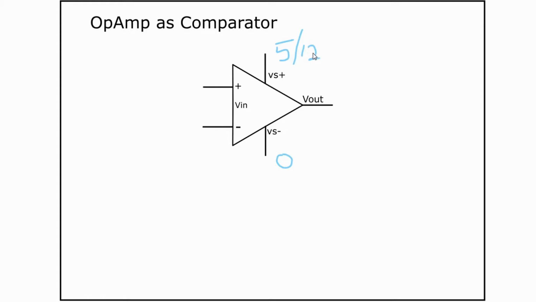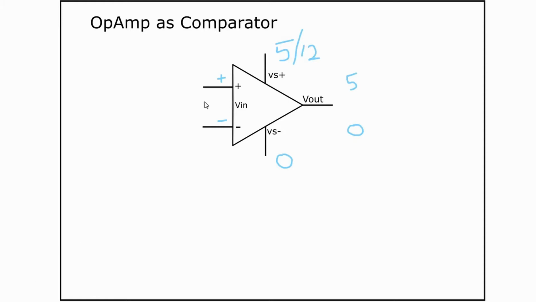and in some purely analog circuits you can use 12 volts. And these two are the input pins, that is, one of them is positive and one of them is negative, and this is the output. When you're using an op amp as a comparator, the output will be in one of two states: high, that is your Vs, around 5 volts, or low at 0 volts. There is no intermediate state. Either it is 0 or 5.